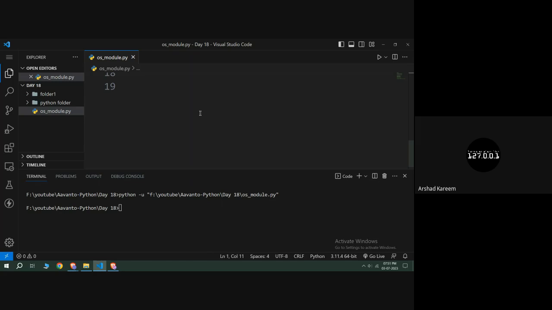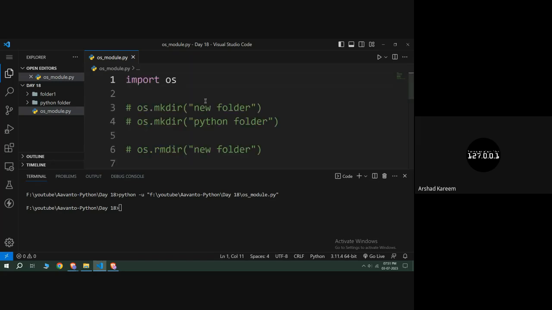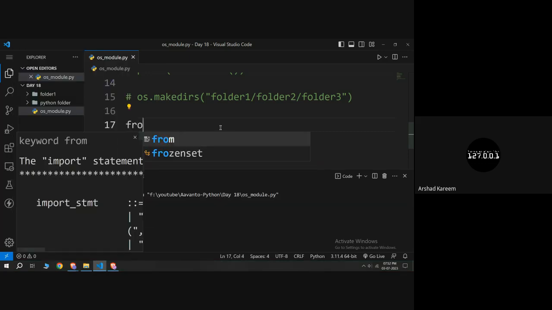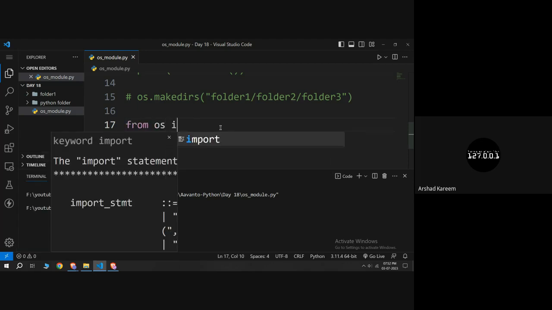I want to import that specific function only. So let me comment out this line also. Now if you have a specific requirement and you know that there is a single function which is going to fulfill your requirement, and you want to import that function only, for that you can use the from keyword. So you can say from OS import